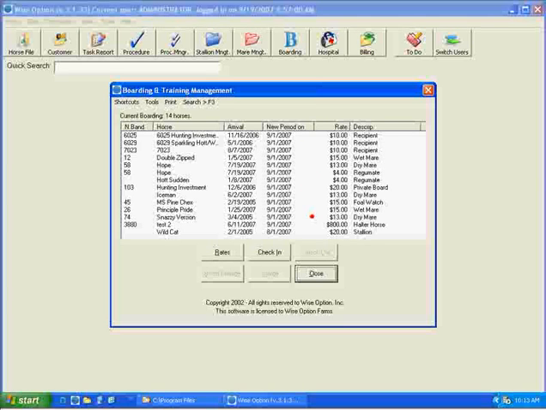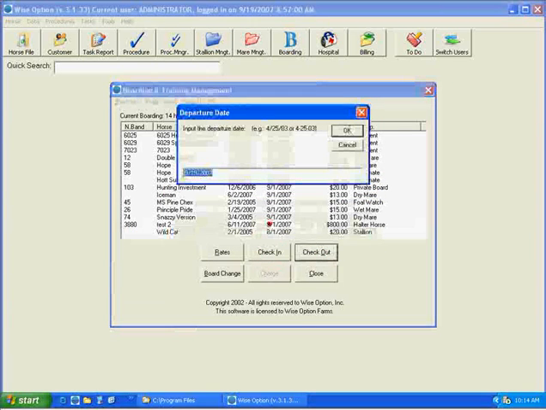The horse never left, but a suggestion we have when you have an ownership change during the period is to pretend for a second that the horse left and got back right away. So we're going to check out that horse on the 10th. We're going to do the departure on this date, and